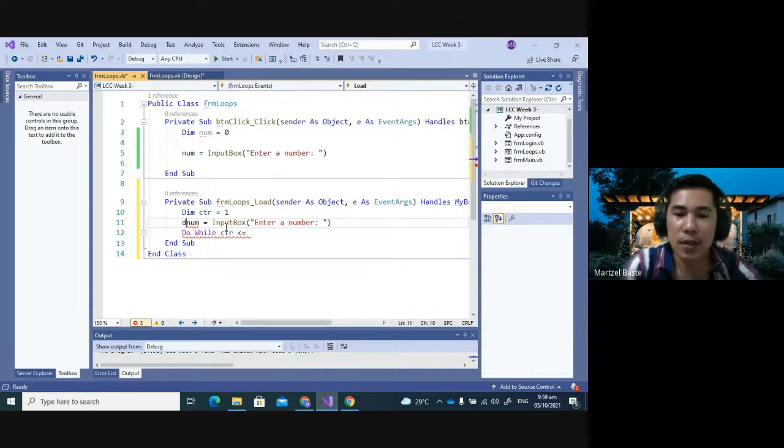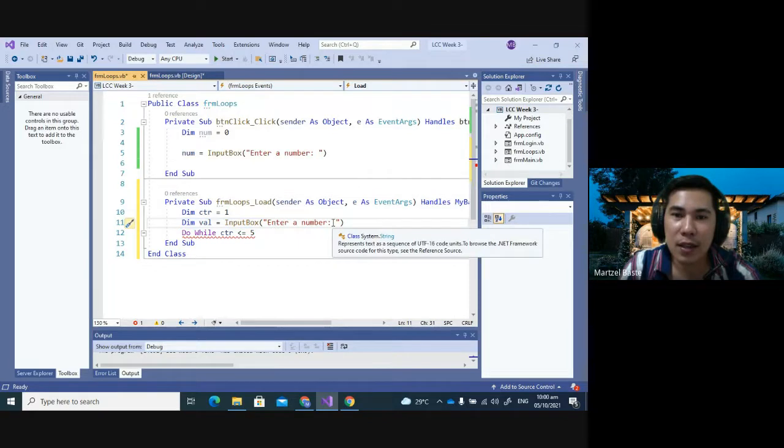We can directly use 5, but what if we want the user to specify how many times they want to input a value. So let's say, for instance, enter a,